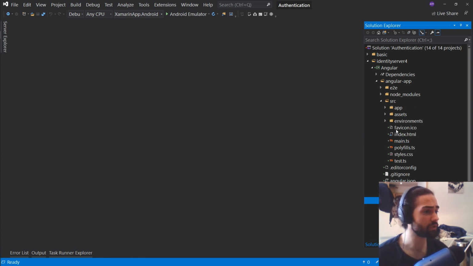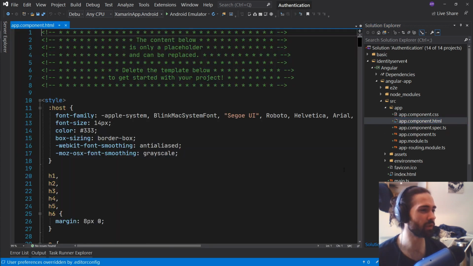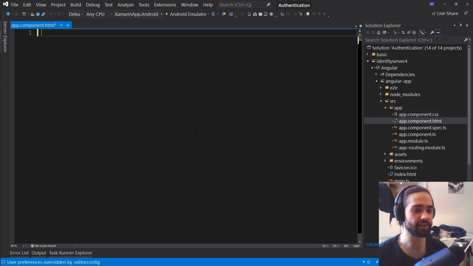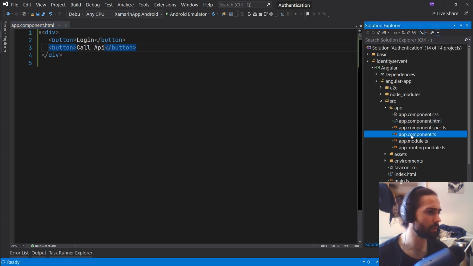Okay, so if I go to the src app, again, I'm not explaining anything about Angular. I don't know anything. I know a couple of things, but nothing of worth. We're gonna go to the app.component.html, delete everything, and just make a div where I can have a button, and this is going to be my login button, and I also have a call API button. Then I want the app.component.ts